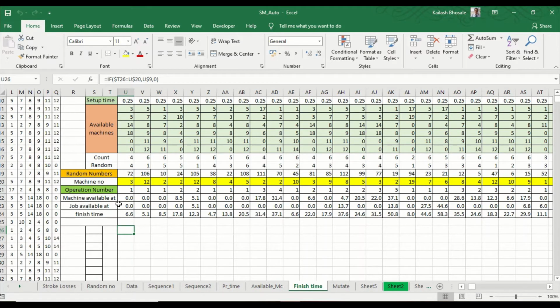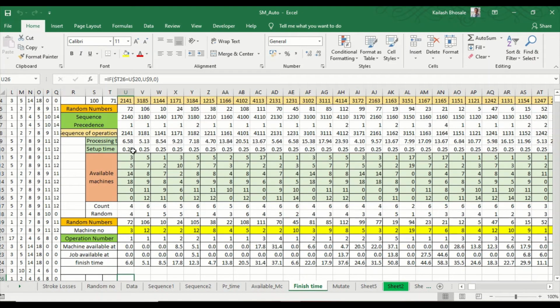From this sheet we can find the finish time, which is processing time plus setup time. So here at 6.6 hours, we can finish the operation of part number 2141.